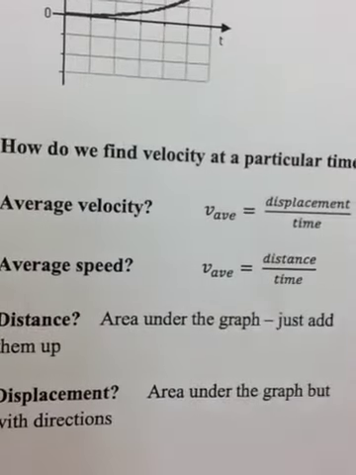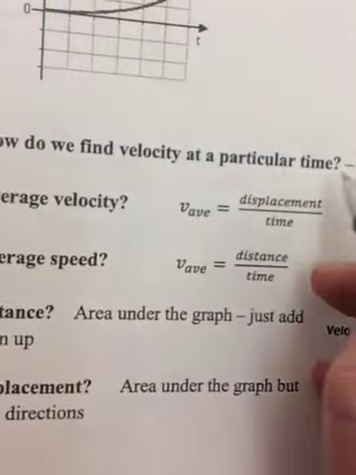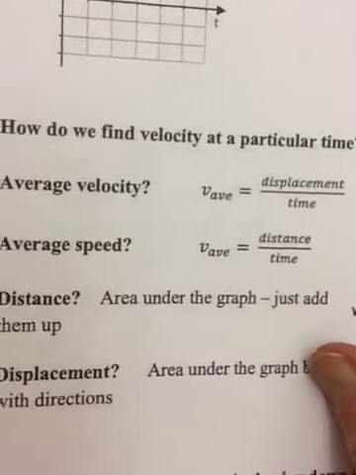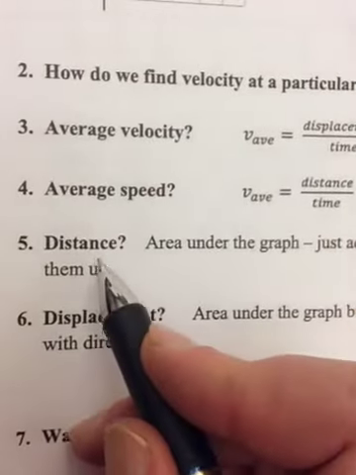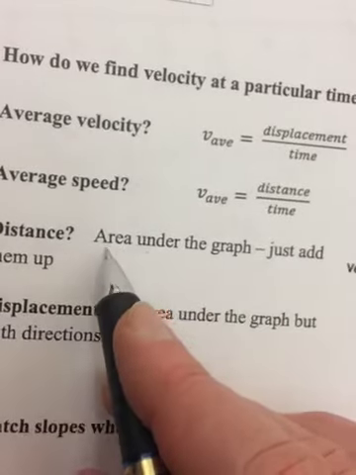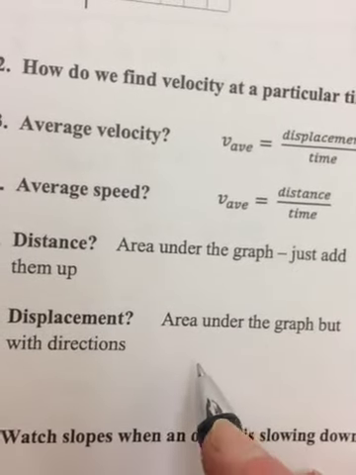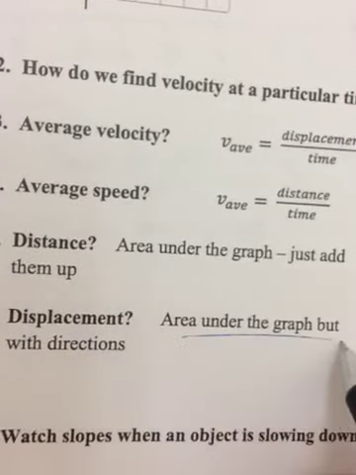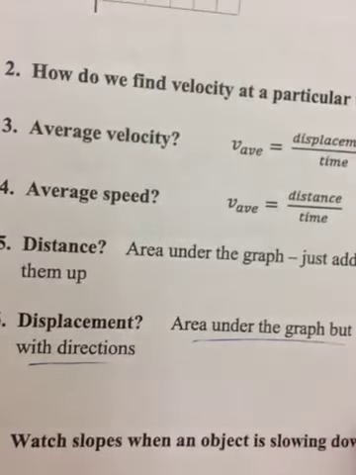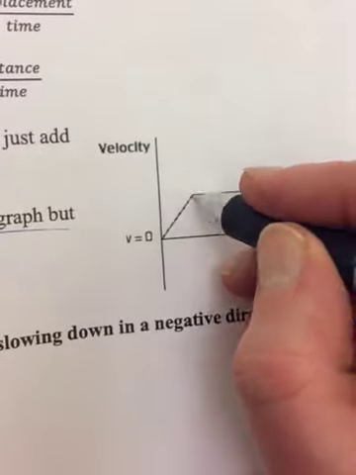What's the average velocity and the average speed? Exactly what it was on the displacement versus time graph. These are the ones that are tricky. Distance, you have to find the area under the graph and then add them up. Displacement, area under the graph, but you have to take directions into account. What do I mean by that? So I'd find this area,